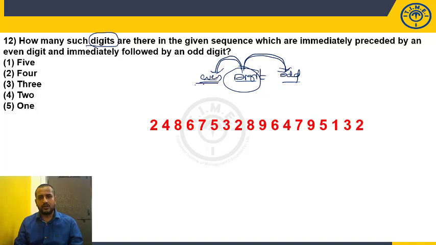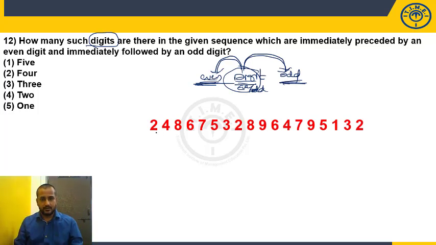Now, what kind of shortcut can I apply here? It's simple. Alternately in the sequence you require even and odd. That's it. Alternately even, odd required. Even, it can be anything, even or odd. Don't worry about that. But you require odd. So even dash odd. So just focus on that part, then you can complete it in less time.